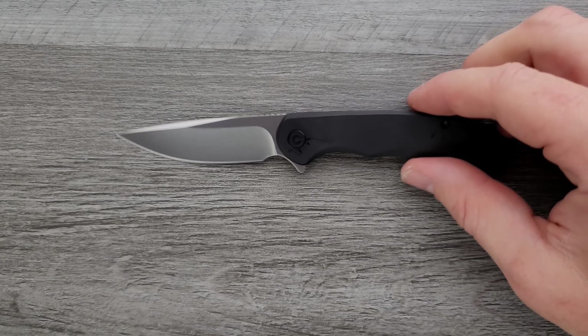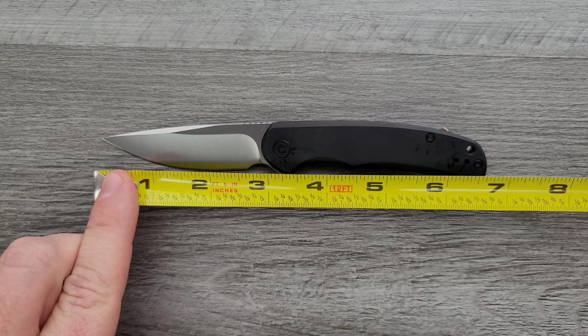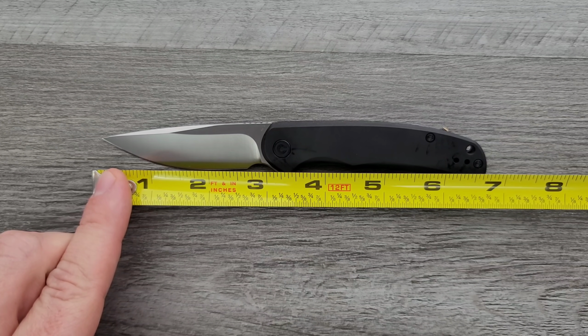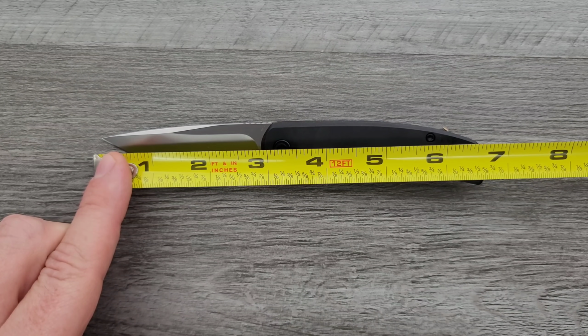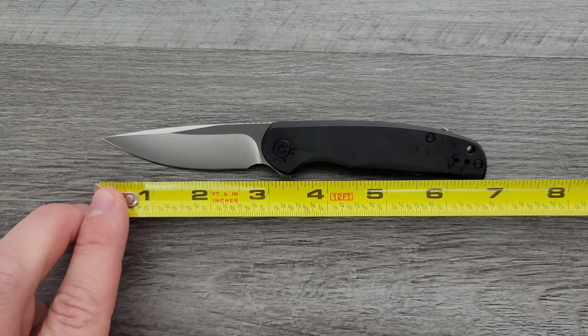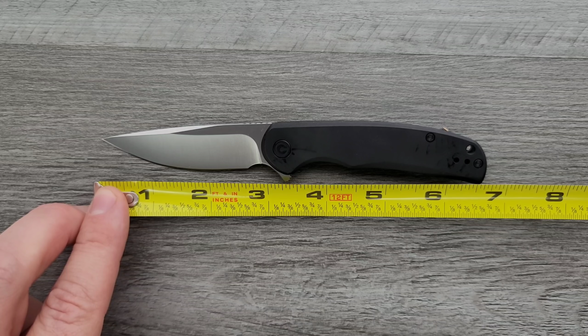Let's go ahead and get a measurement of this guy. Not a big knife, honestly a little bit smaller than I thought it would be. Overall length of the Nox is coming in at, believe it or not, it really does look a little bit bigger than this, about 6.75 inches overall. It does have a sub 3-inch blade, which is going to make some people really happy. If you live in an area where a 3-inch or more blade is going to get you in trouble, yeah, that's definitely under 3 inches. Cutting edge is going to come in at about